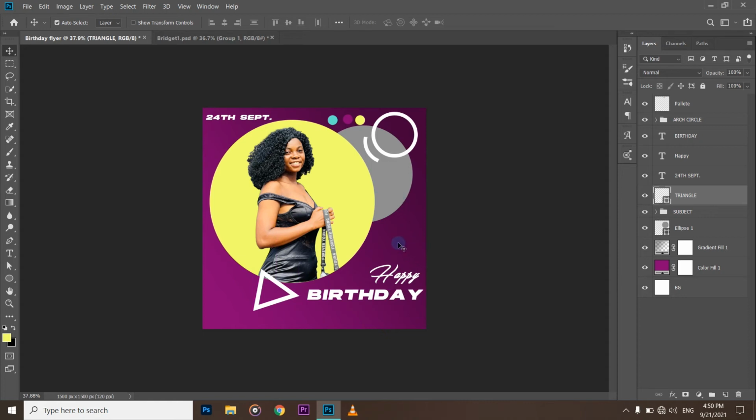So when you are working like this, you keep looking at places where you have space, and then you imagine what you can put over there. Okay, so you can see we have space here, so we can write something here, right? We can also push this down. Okay, you can push this down, and then we don't have any space, but we still have some space here. So I would like to write something underneath the birthday. So let me push this up,